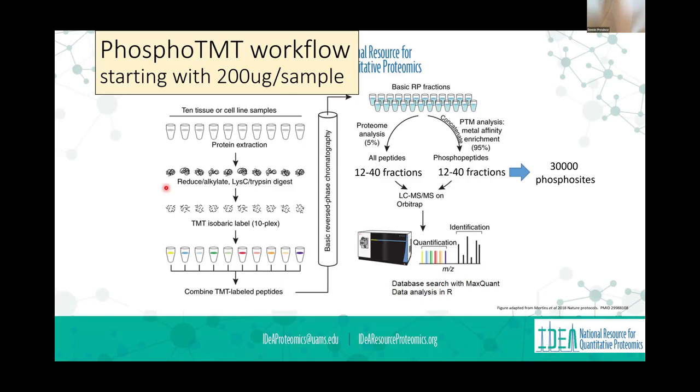We start with 200 micrograms. We request 200 micrograms of lysate for phosphoanalysis. And this is twice the amount of protein that we request for a normal lysate. But the biggest difference is if we just do a normal lysate with 100 micrograms, it's easy for us to process. We're going to digest it all. I'm going to take half of it and fractionate it, and I'm going to take a small percentage of that and run it on the mass spectrometer. We're going to end up running about 1% of what you give us on the mass spectrometer.